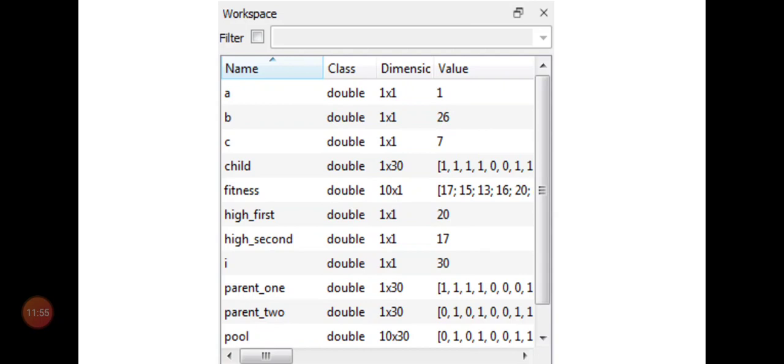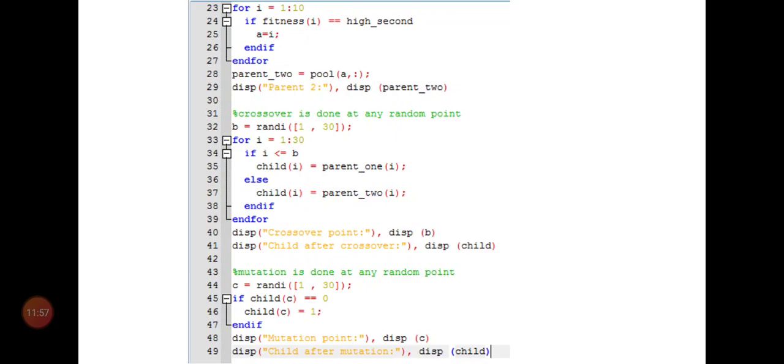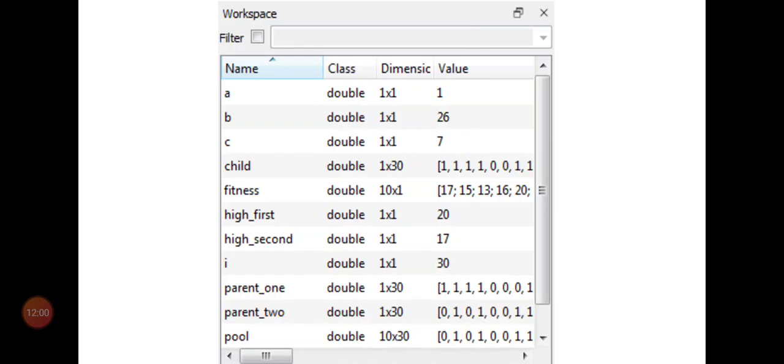At last it went up to 30 for this crossover part, so the I value is 30, the last value it went to, and for each for loop the value has been overwritten. Parent 1 and parent 2 are both 1 row and 30 columns. Next the pool, that was the mating pool that we generated by putting 10 genes each of length 30. I hope you have understood the workspace.